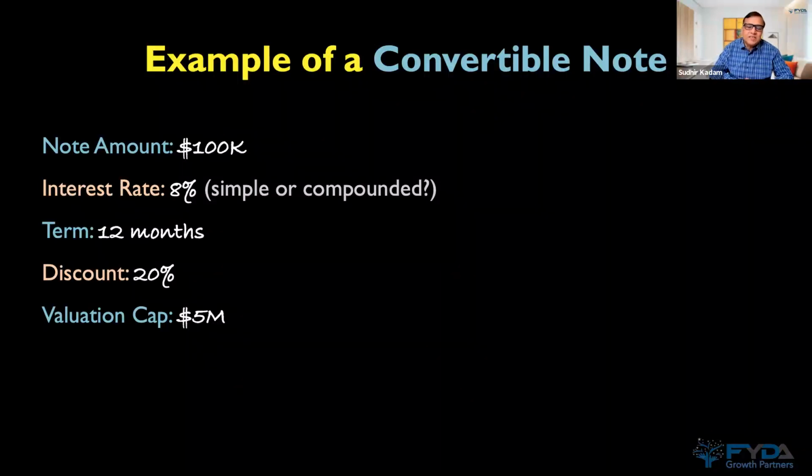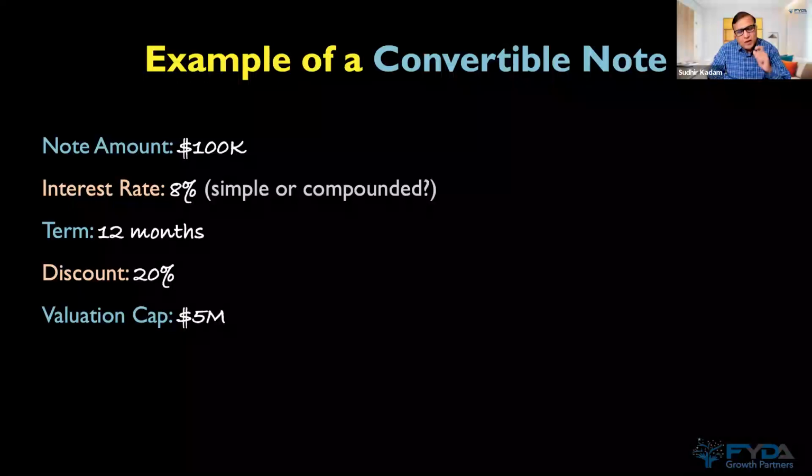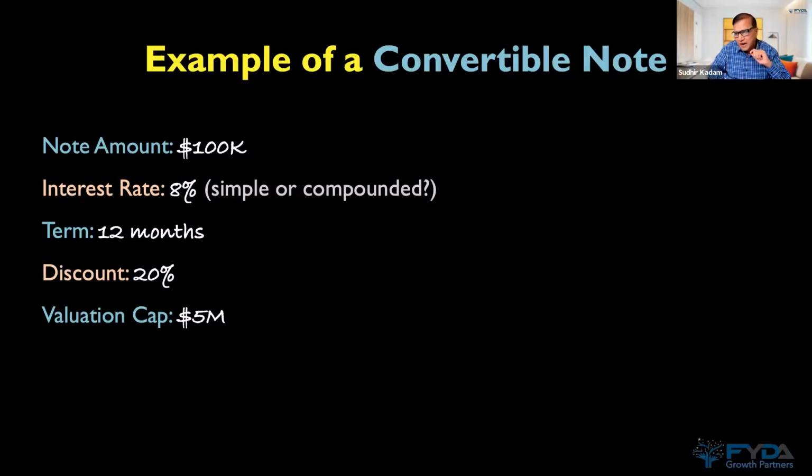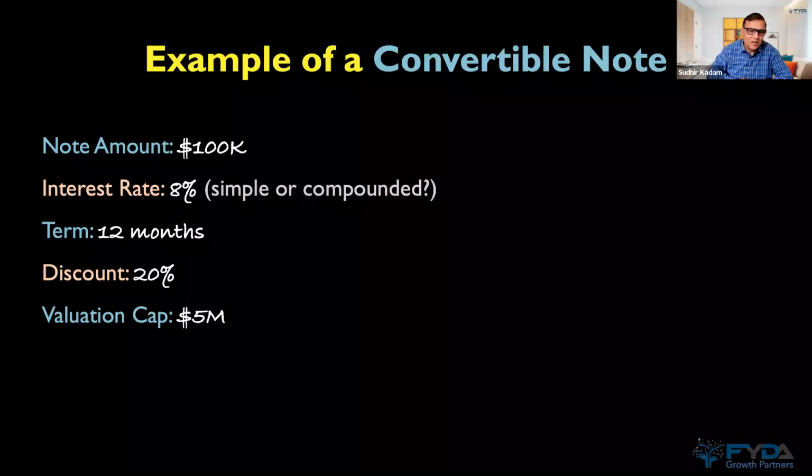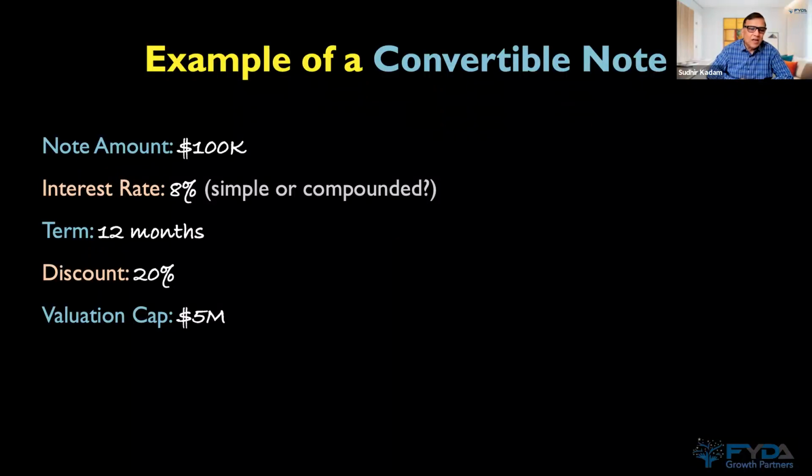Now I'll tell you what is the meaning of valuation cap. A lot of founders don't understand what valuation cap is and how it plays over here. So what happens is, he gave you 100K. And he said, what is the valuation of the company today? He says, yeah, about 2 million. So he says, what is the next round going to be like? He says, next round could be anywhere from 5 to 6 million. So he'll put a cap saying that, if the next round is higher than 5 million, for assigning equity to me, you should consider 5 million as the valuation of the company.